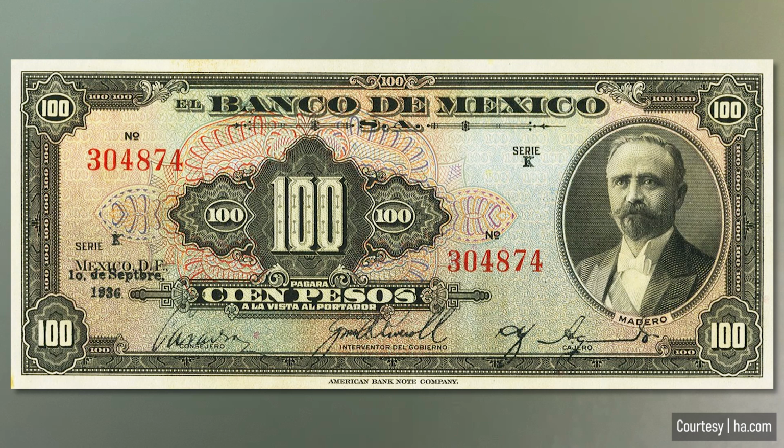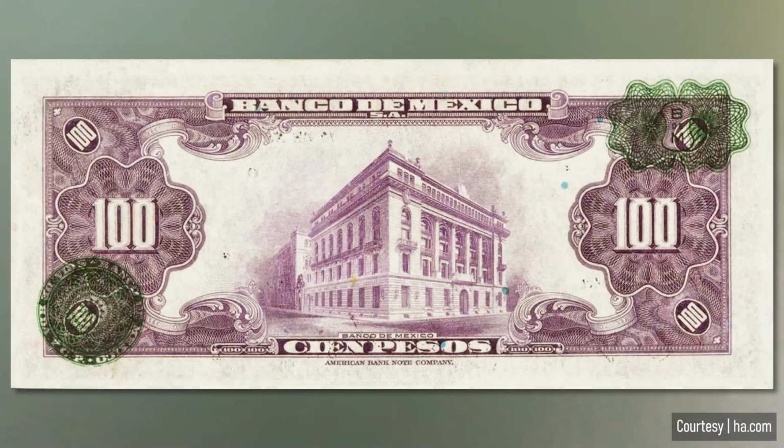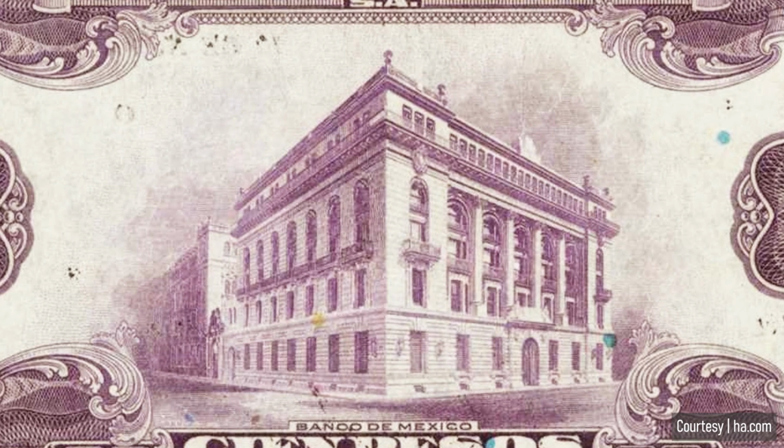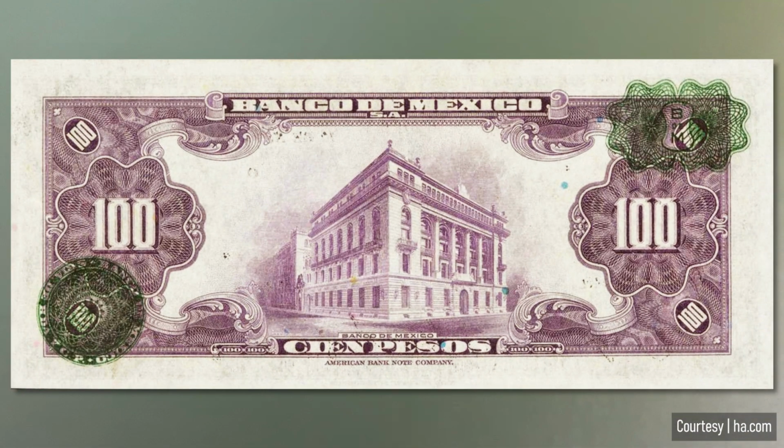It bears the portrait of Francisco Madero, the 37th president of Mexico. Madero was removed from office in a coup d'etat after only 2 years in office. 3 days after that, he was assassinated at the age of 39. This became part of what is now known as the 10 Tragic Days. The dark purple reverse has the vignette of the Bank of Mexico building that opened in 1905. The Bank of Mexico continued the tradition of the bill and banknotes by overprinting the bank seals on the reverse